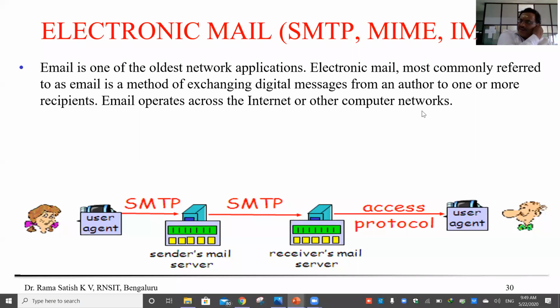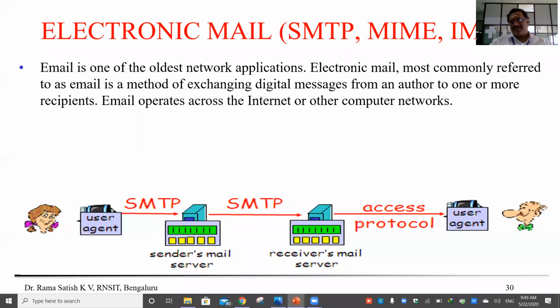First point, email is one of the oldest network applications. Whenever networks started, the first thing they found was this mail application. They wanted to avoid the traditional sending of mails, so internet engineers, network engineers, found email as the first application.